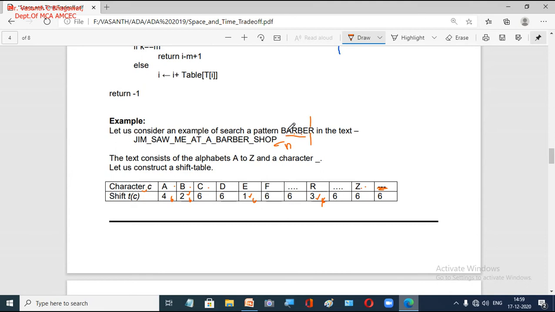Next character is A. Now you count A. How much is the distance of A from this reference point? 1, 2, 3 and 4. So A is at a distance of 4. So the A value will be 4. Now B here is at a distance of 1, 2, 3, 4, 5. But which is the minimum? Here we got 2, but here we got more. So whichever is minimum, that only will be retained.